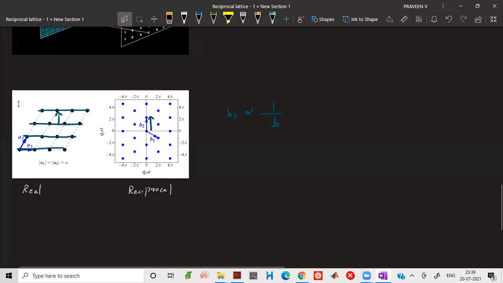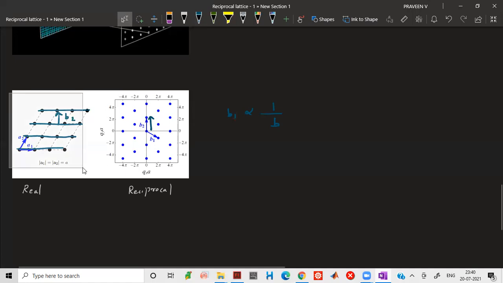Okay. So one thing to note is that this B2 vector is always perpendicular to the A1 vector. Why is that? Because our separation vector is A2, right? If the separation vector is A2, the planes are parallel to A1. And the dots will always appear perpendicular to the planes, which means the diffraction spots, or reciprocal lattice points, corresponding to A2 separation will be perpendicular to A1. I know that's a bit hard to understand. We have to give it a bit of thought, and then you will understand.